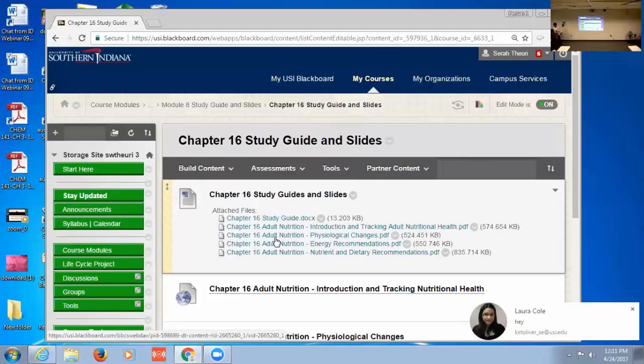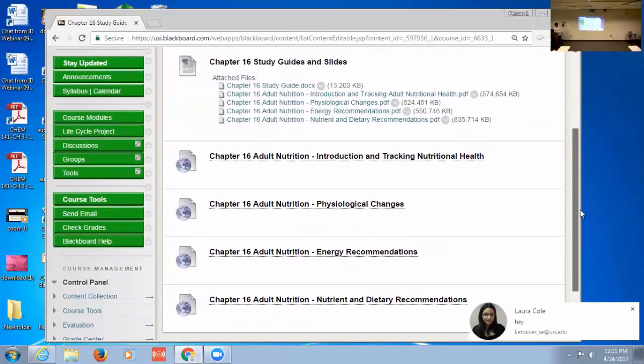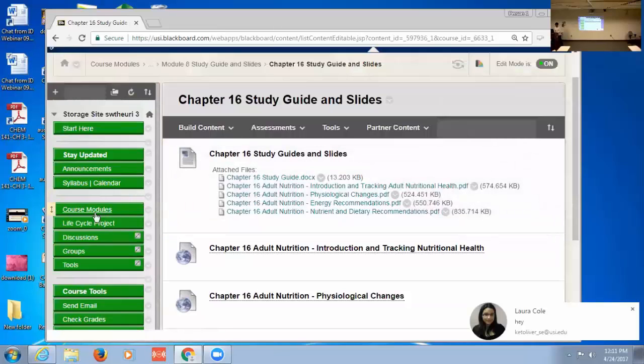And I find it easier because when they know exactly what material they want to listen to, they simply can come here and plug in, instead of trying to locate or track it in one long recording or lecture. So there's the study guide, the slides for each section, and of course the VoiceThread located here. And that's the pattern for all of the modules.